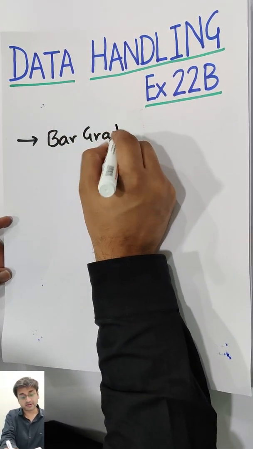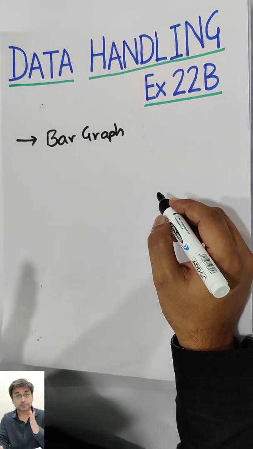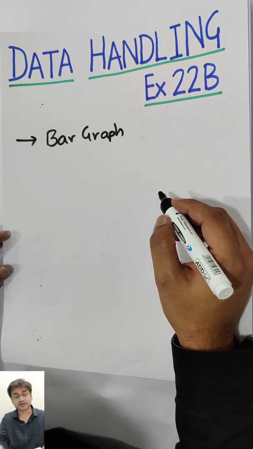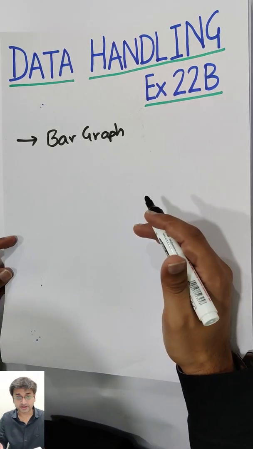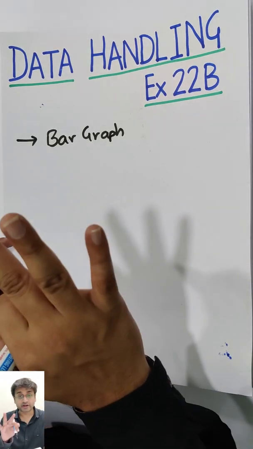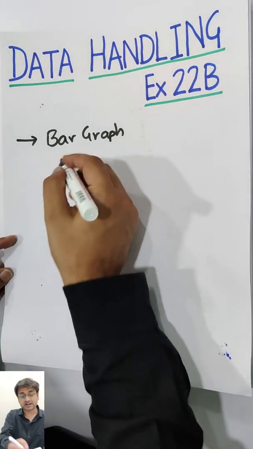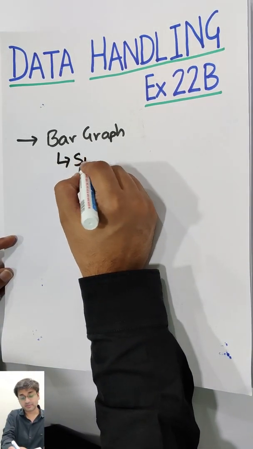Now, simple example, when you see a cricket match, don't you see those bars of runs scored per over? That is a bar graph. There are different types of bar graph. For example, simple bar graph, subdivided bar graph, joint bar graph, percentage bar graph, many types. We are just going to understand two of them. First one, simple bar graph,